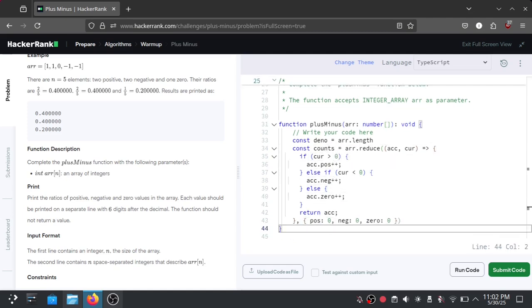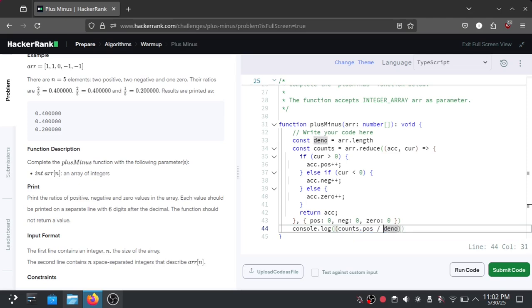into the constant, and then don't forget to log using the console.log, and then const, we're passing the pos parameter, and don't forget the denominator, which is the denom.